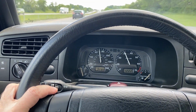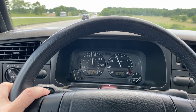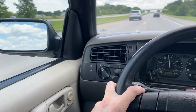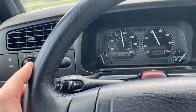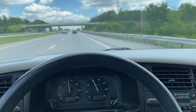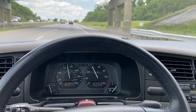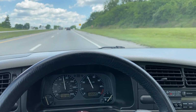I don't know what else comes as part of the GLX package. Maybe some of that is leather right there. Probably just needs a little very light cleaning. I don't know if the Cruise is part of the GLX package or whatever. If you know anything about these and you have some information, let me know. I do have the window sticker, so I can see what all is